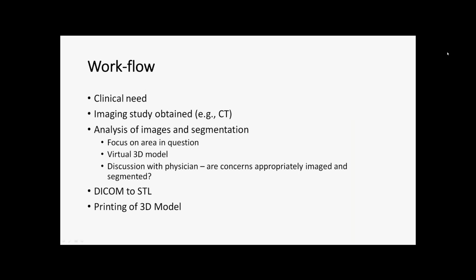The workflow, as described previously, starts first of all by identifying the clinical need. Everything starts when a physician is faced with a clinical problem which requires further investigation or greater understanding in order to do the subsequent necessary steps. So that then leads to deciding which imaging study will be obtained, and that must be obtained under particular conditions and following particular protocols. Then the following would involve analysis of the images, focusing on the area in question,